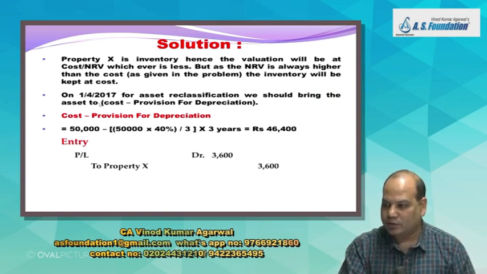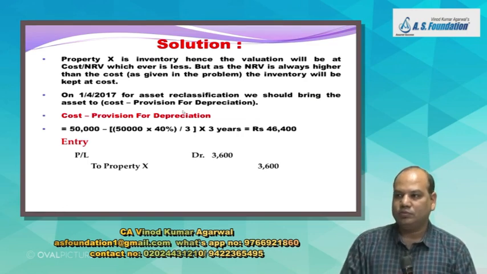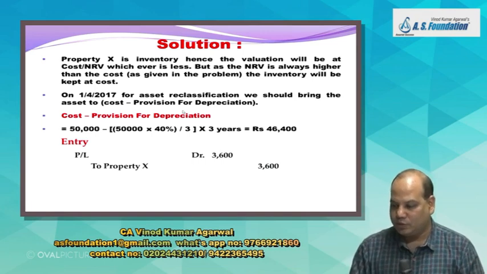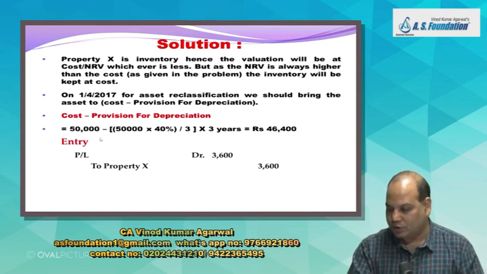On 1/4/17, for asset reclassification, we should bring the asset to cost minus provision for depreciation. No, that is the value, cost minus provision for depreciation. And now the next line is calculation of depreciation. So next line item, cost minus provision for depreciation equal to